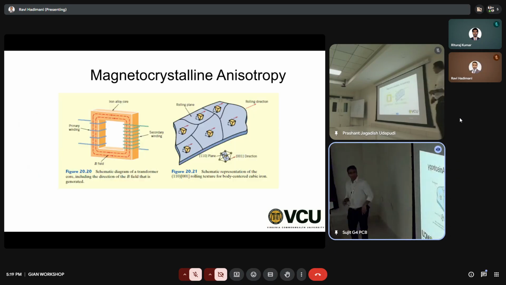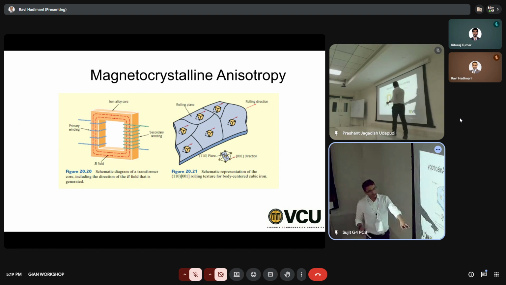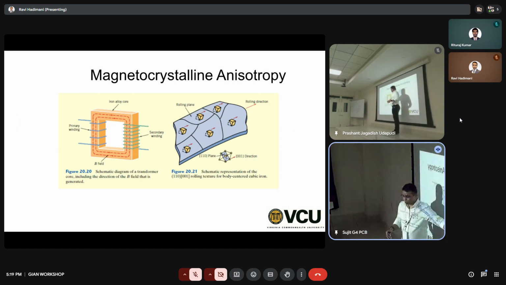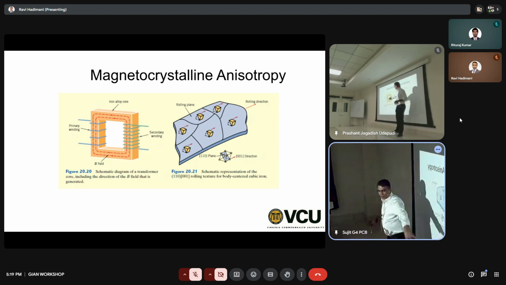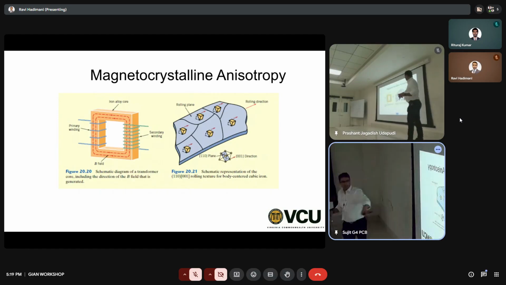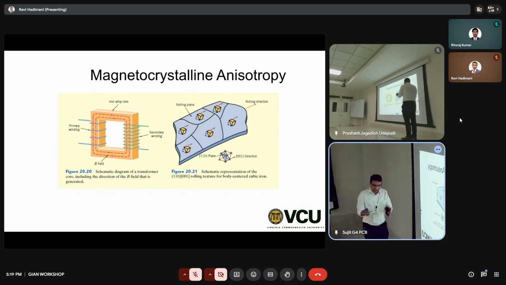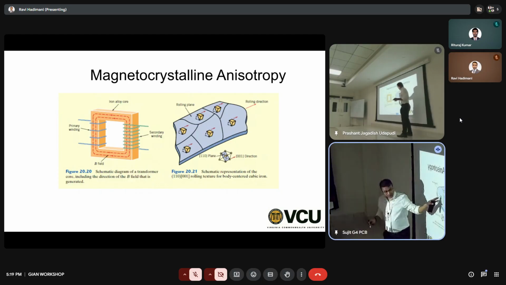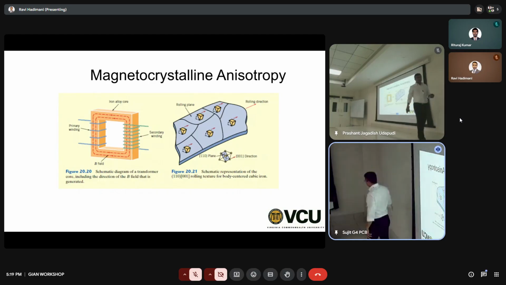So that is magnetocrystalline anisotropy, and that's what a lot of electrical steels use. In electrical steels, they texture the steel such that the A axis aligns in a certain specific direction, and you get